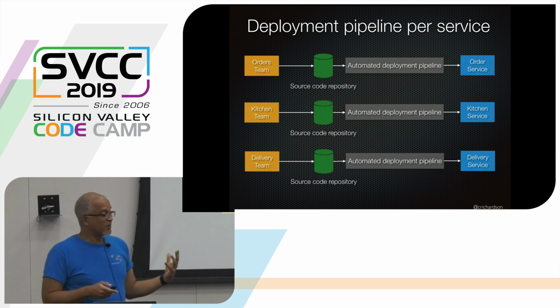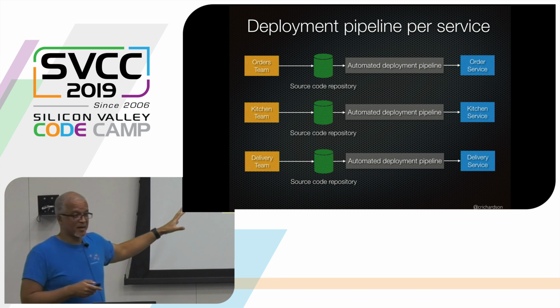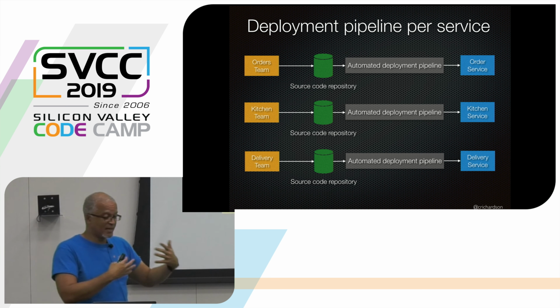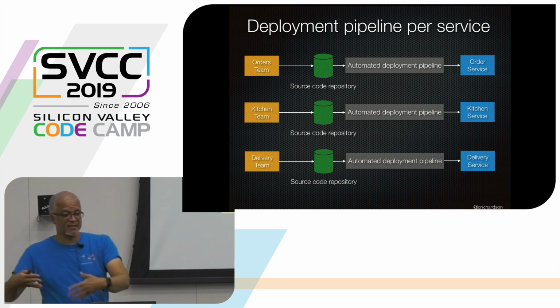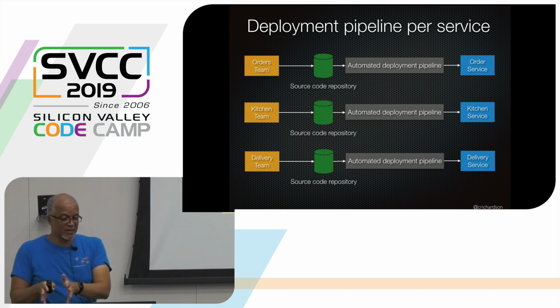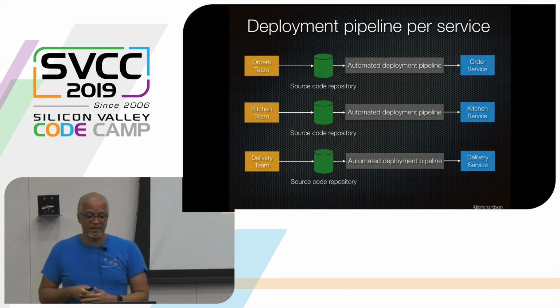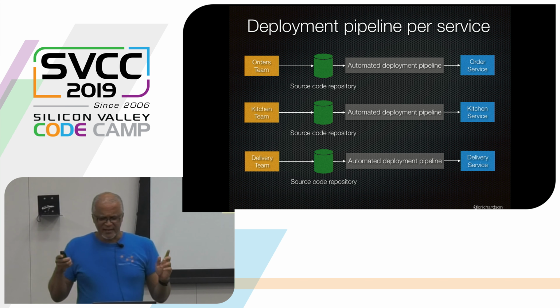And so the model you have is that each service should have its own deployment pipeline. So each team's working away on their service, testing their respective bit, their service, and then gets pushed into production. There might be a later phase that does some end-to-end testing, and I'll talk about it in a minute. I'm running out of time.